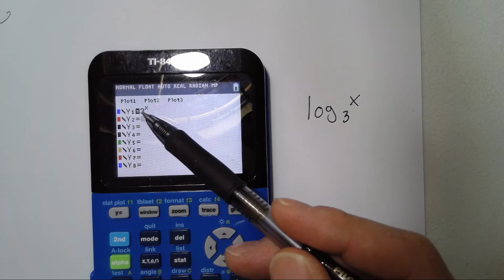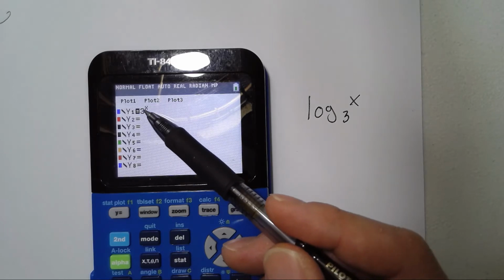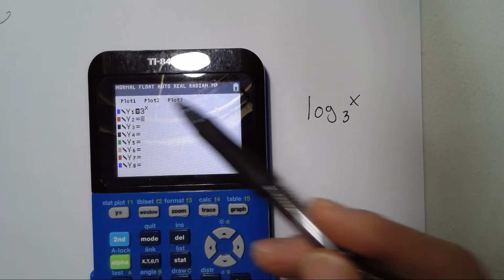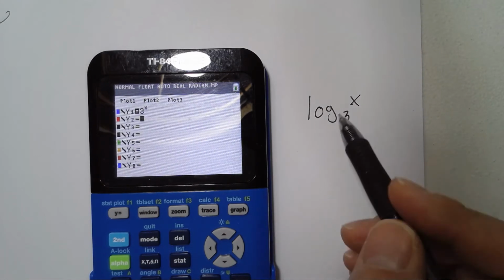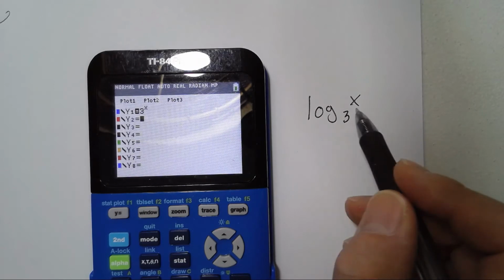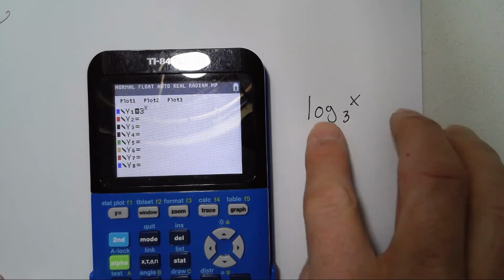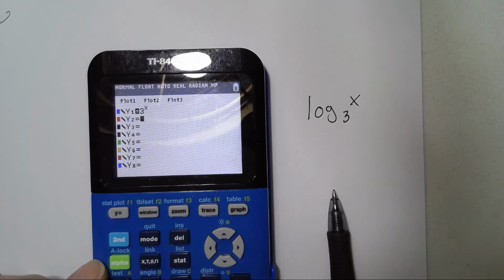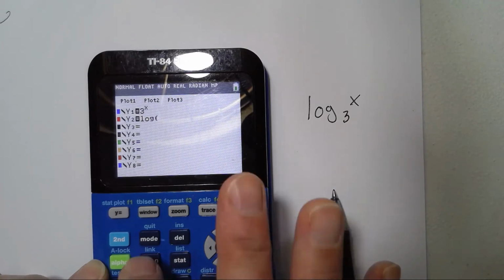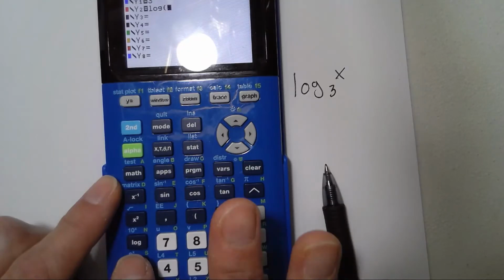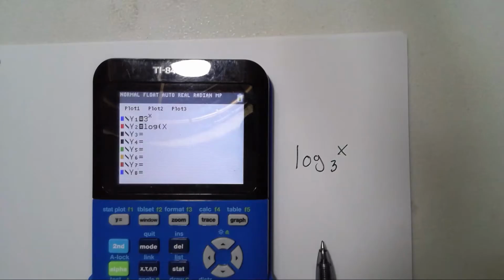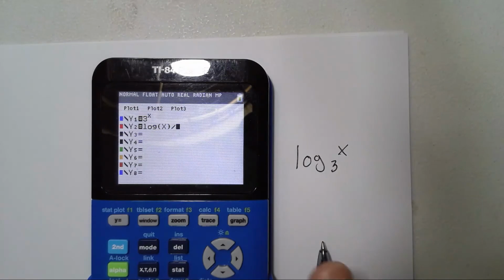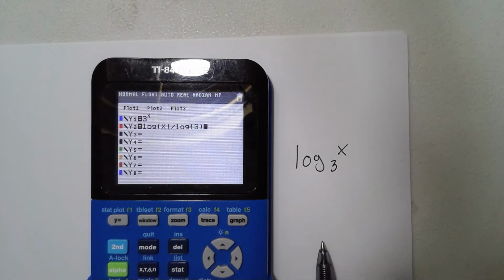So here on our exponential, our base is 3. 3 is the base. x is the exponent. Here, 3 is the base. Okay, so if I'm going to graph y equals log of x base 3, you actually have to do the log button right down here of x divided by the log of 3. That's the only way our calculator will be able to do that. And if I graph it,